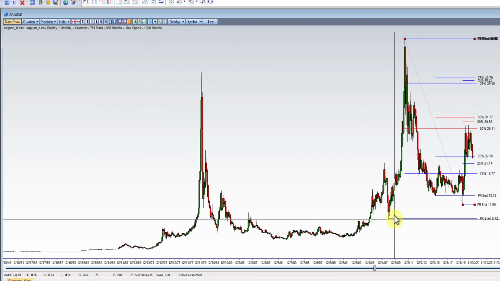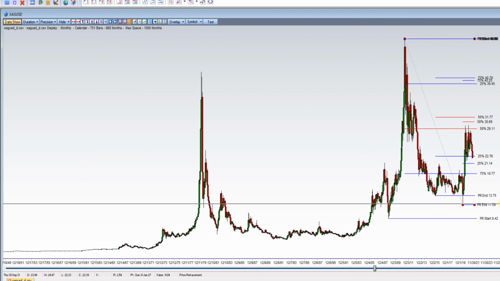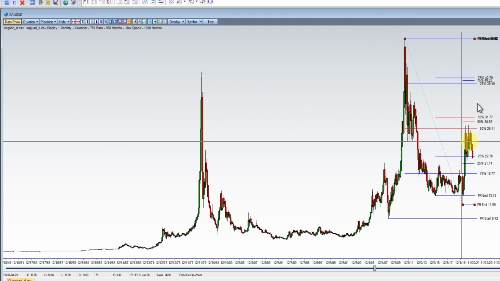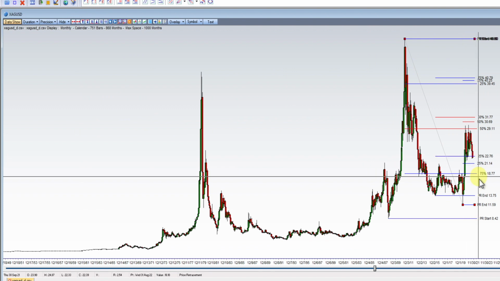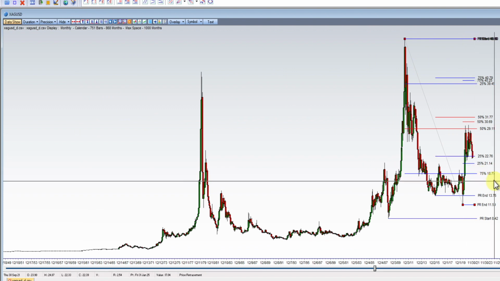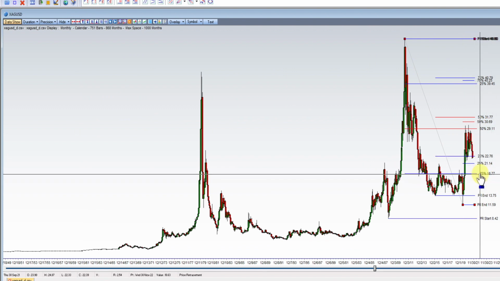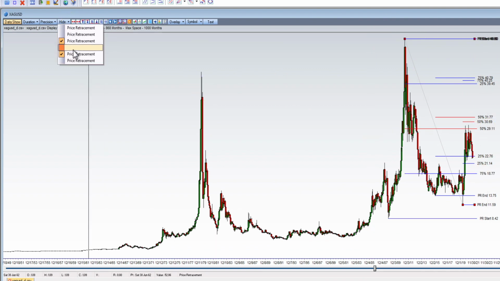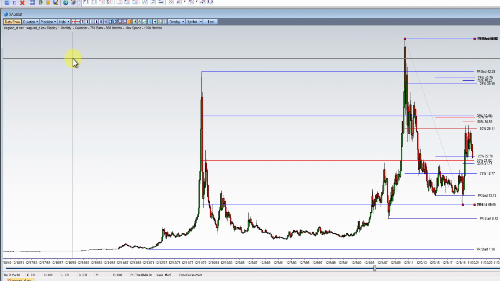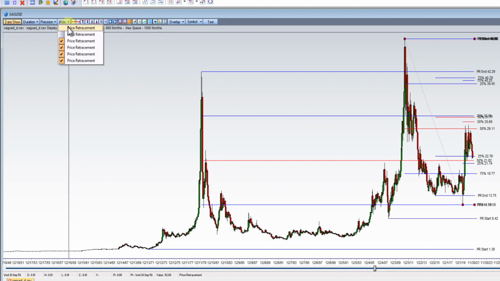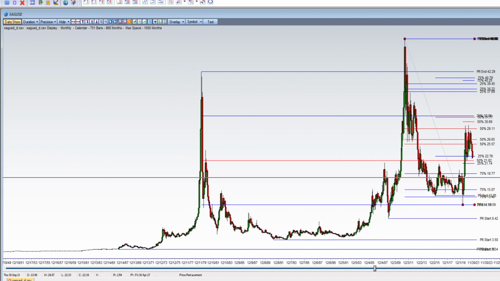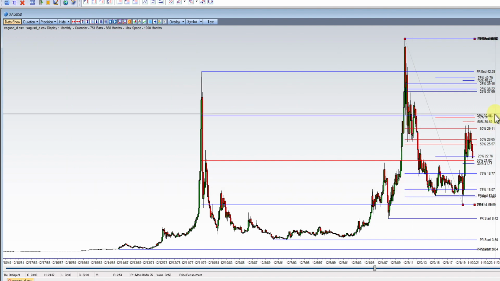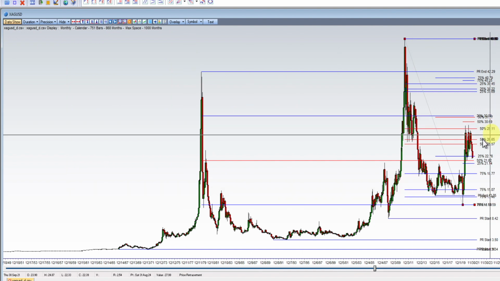So if you take from this low to this high, and it's in retracement going down, this is the 75%, which is 18.77, and the 50% is here. So now I'm going to add all of these in here. I just want you to see the picture. There's a lot of 50% here. And